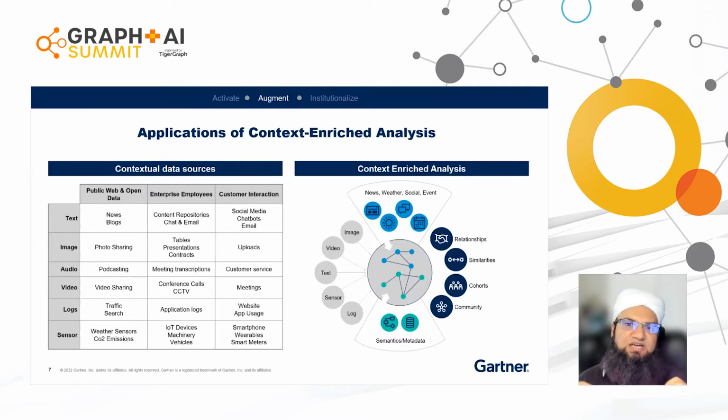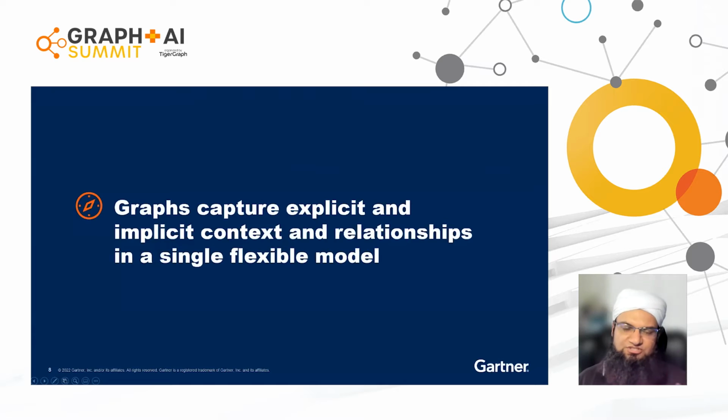So what this means is that a change in thinking and the development of a graph mindset is needed in order to identify those use cases that graph techniques can solve, and this will be key to an organization's success and ability to scale. So to summarize, graph data structures capture explicit and implicit context and relationships that can be exploited by AI models for more powerful insights and predictions. And understanding the relationships is the key to building real decision-making systems.